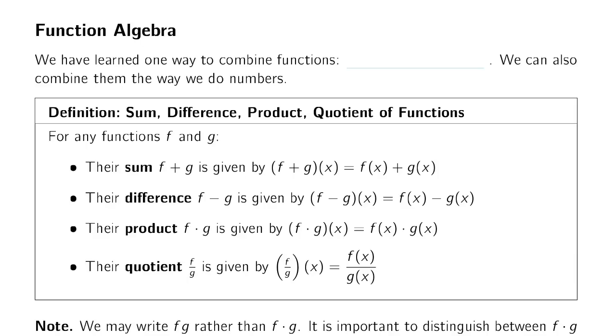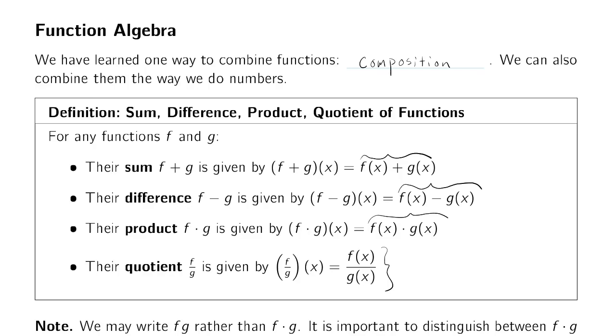Previously, we've learned one method to combine functions to get new functions. That method was composition. We can also combine functions in the ways that we usually combine numbers. That is, we can add, subtract, multiply, and divide them. The sum of two functions is given by just adding together their outputs. The difference of two functions is given by just subtracting their outputs. The product of two functions is given by multiplying their outputs, and the quotient of two functions is given by